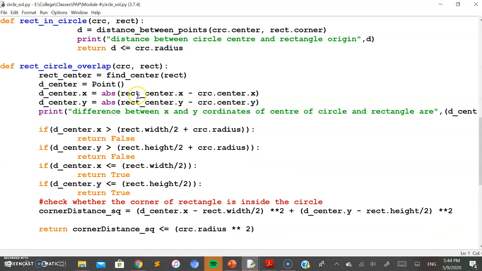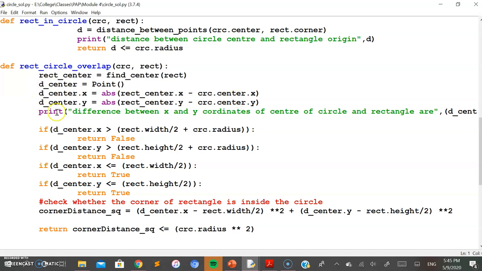Rectangle center dot x minus the center x of the circle, and the rectangle center y minus the center y of the circle. The absolute function has been taken in case you get any negative values, which will make them positive. This is how we identify the x and the y values with respect to the centers of the circle and the rectangle.